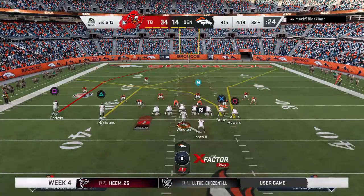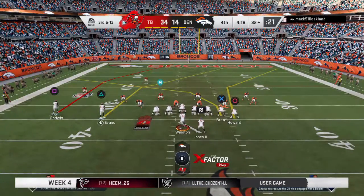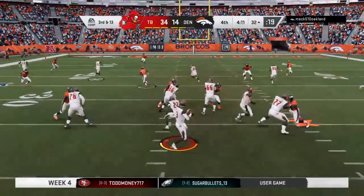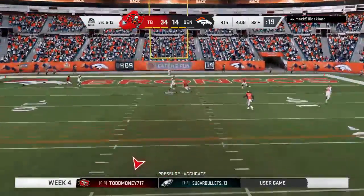Offensively, they're going to have to figure this out before next week. 7 sacks in one game. Yeah, and that's more than any quarterback should have to bear. And if this continues on, there will be another quarterback in the game because...